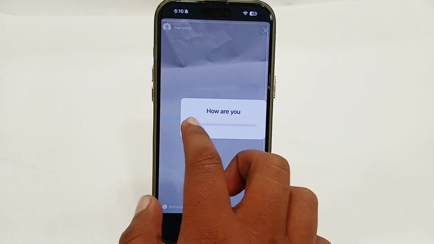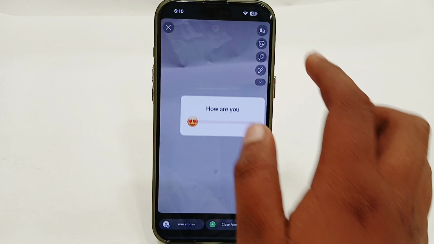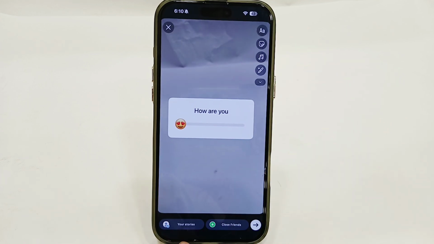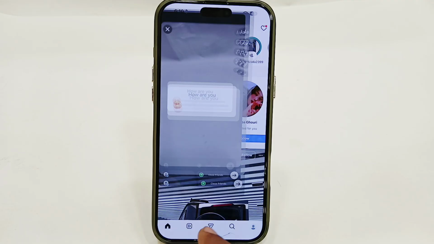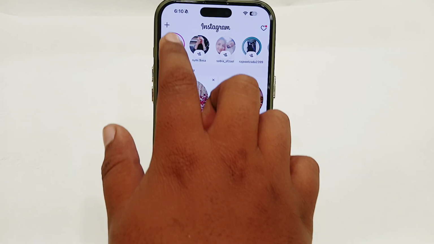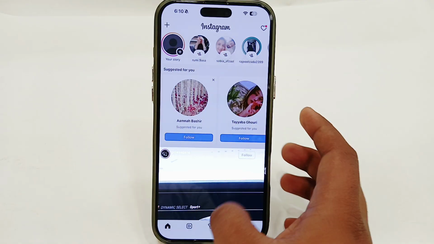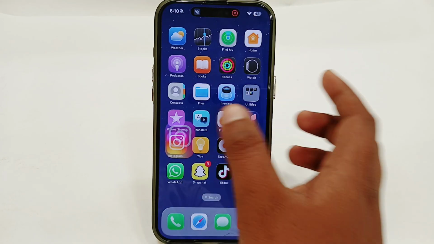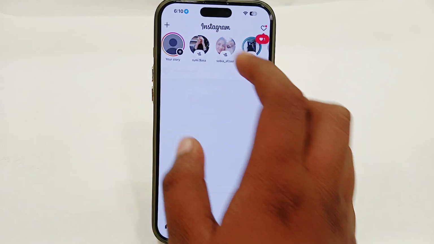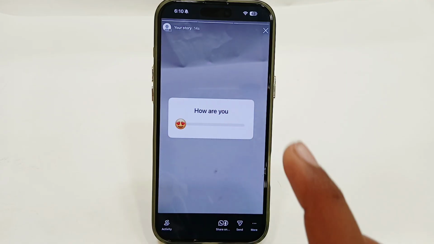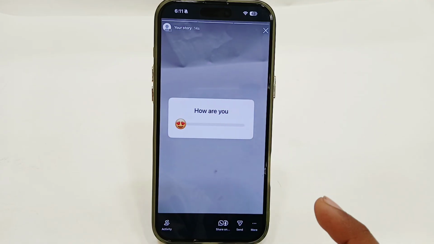And there's the emoji slider. Once you are done, just tap on this share option, or you can direct select or just choose your own story. Once you have done that, it will be shared as your own story in Instagram. So let's check this. Open your Instagram here. So in this way, you can easily make or create a